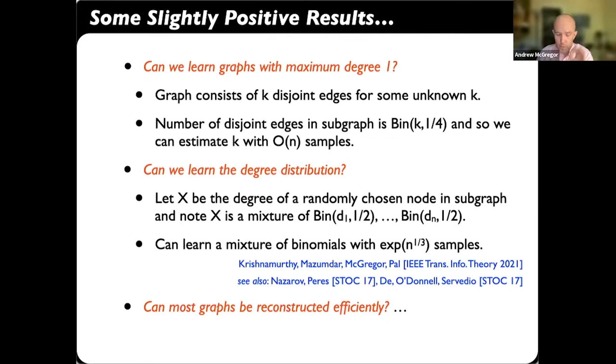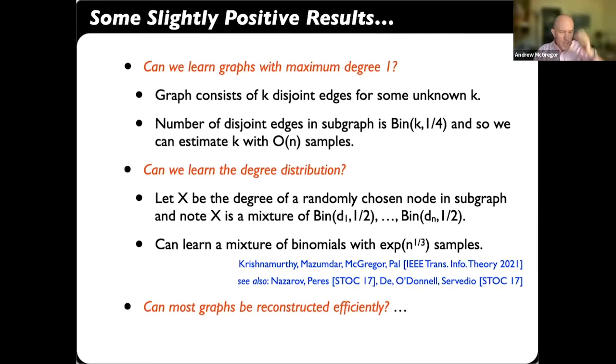For random graphs, however, which is what we'll get to in a second, the news is going to be much better. But I want to first dig into this learning mixtures result a little bit further, both because it's a nice standalone learning result that can be done in one slide, if you haven't seen it, and also because I'll come back to it towards the end of the talk, when I talk about some generalizations of it.